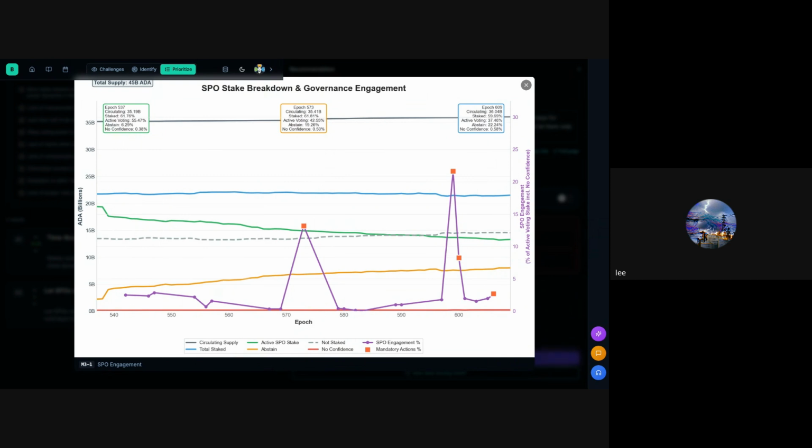Now, let's say you want to spin up a Cardano stake pool. There's plenty of documentation when it comes to that. Hey, you can use this. There's multiple different guides you can use, but when it comes to actually participating with governance, can you point me to a guide for a Cardano SPO?